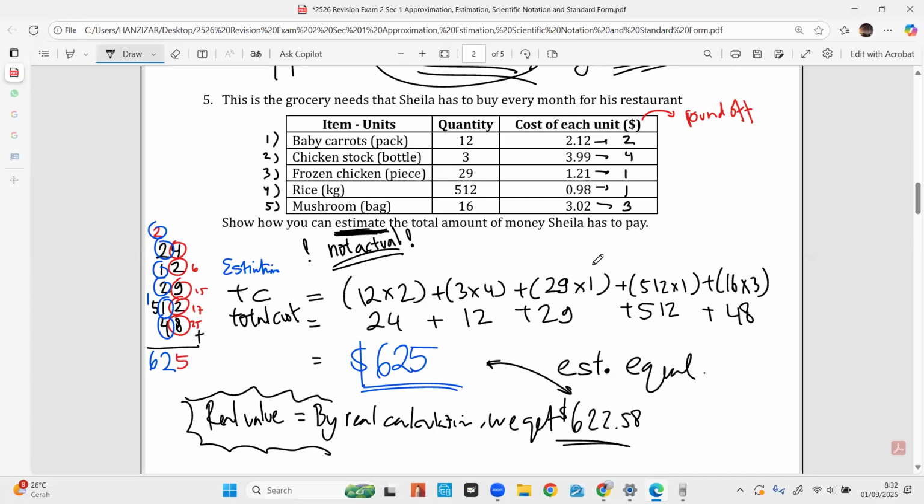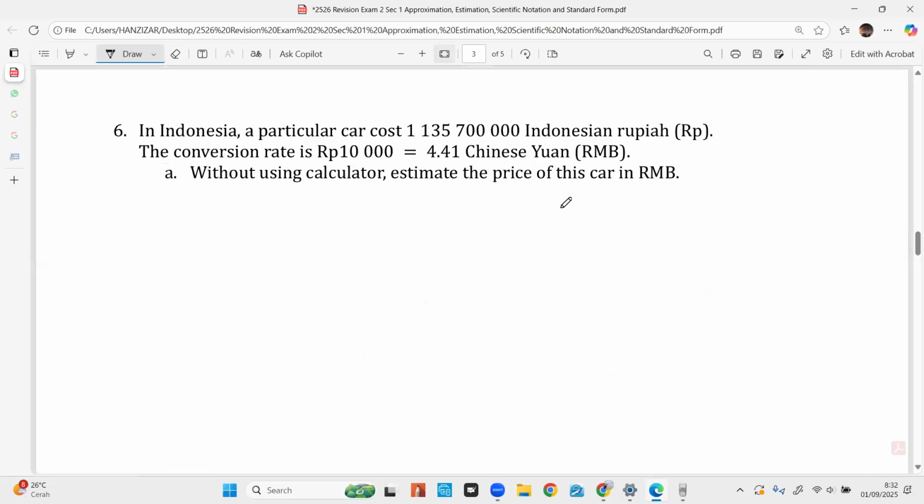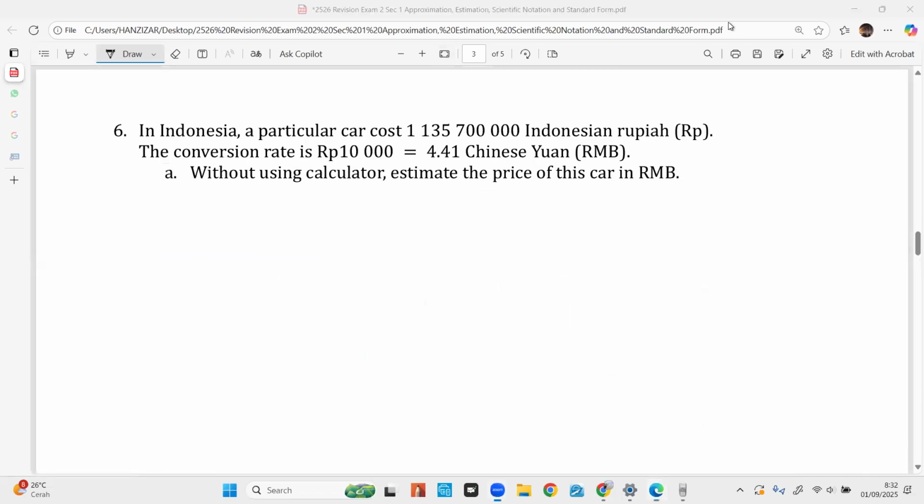Okay, number six. Six required a lot of working, a lot of thinking, a lot of understanding, a lot of focus. Now, I will give you some time also to break for a while. Okay, so for number six, let's see. In Indonesia, a particular car costs